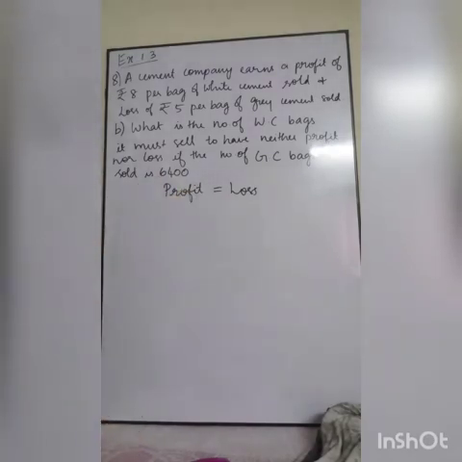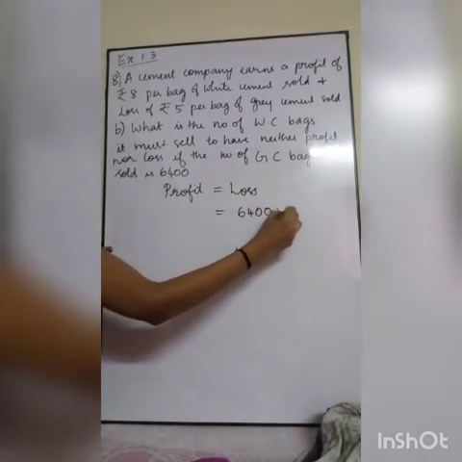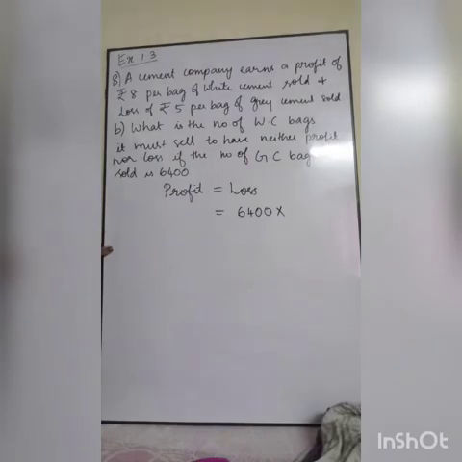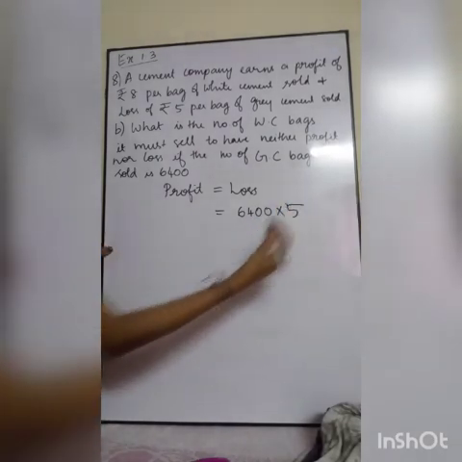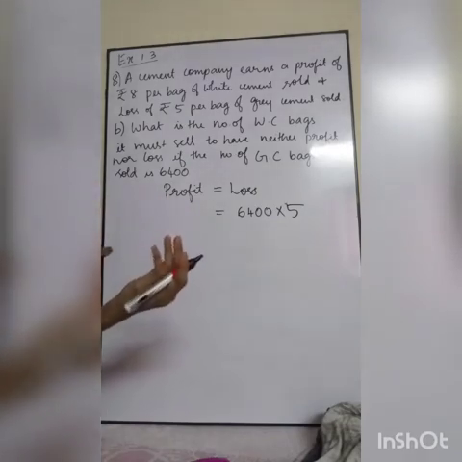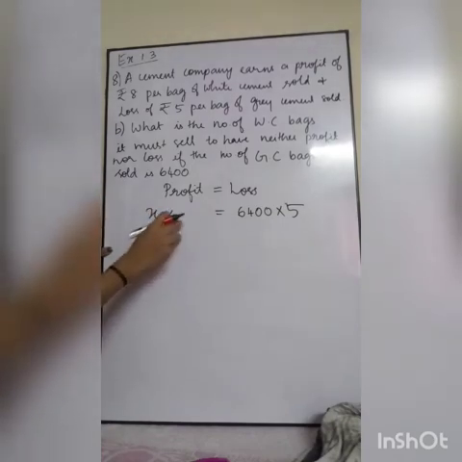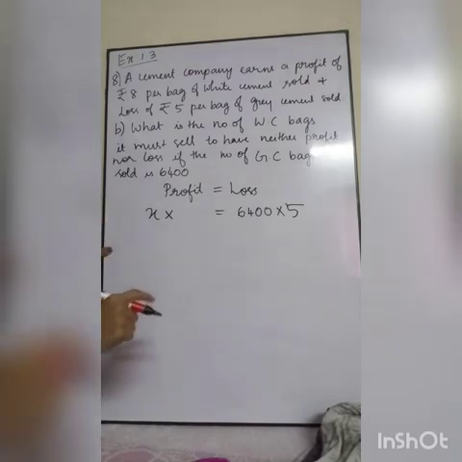They are asking what is the number of white bags we have to sell. What they have given is, the number of grey bags sold is 6,400. Grey bags come in the loss side, right? So for each grey bag, how many rupees will you get as loss? 5 rupees, right? But here profit comes in the white bag. We don't know how many white bags we want to sell, so I am taking it as X, into how much profit you will get for each white bag? 8.